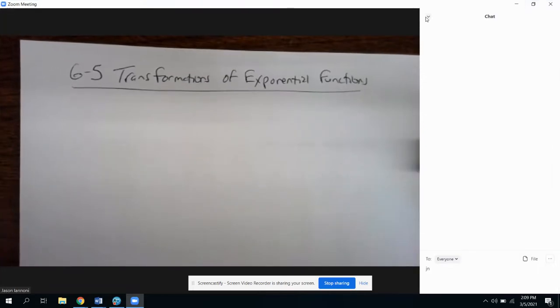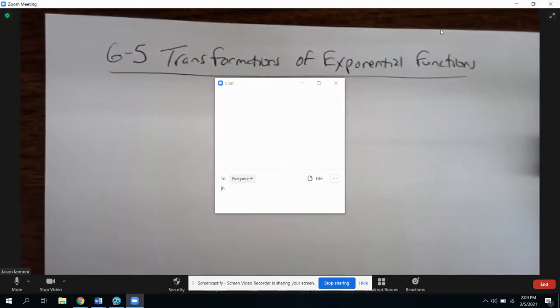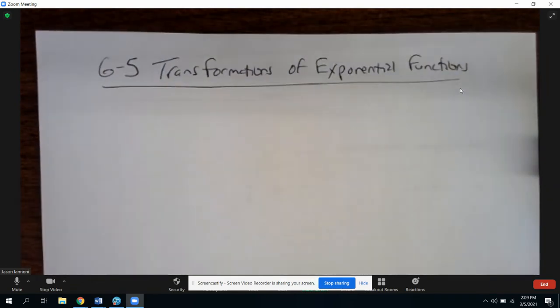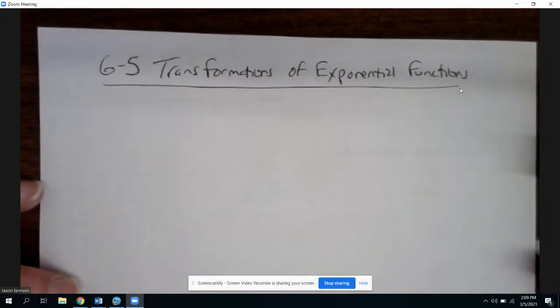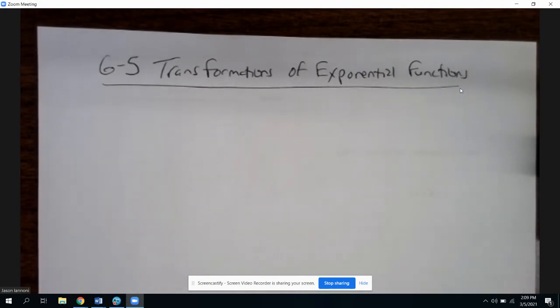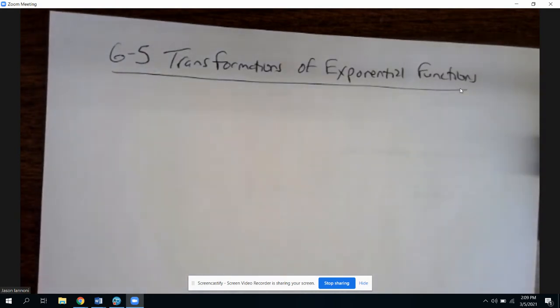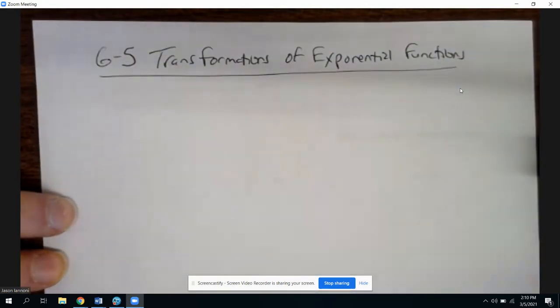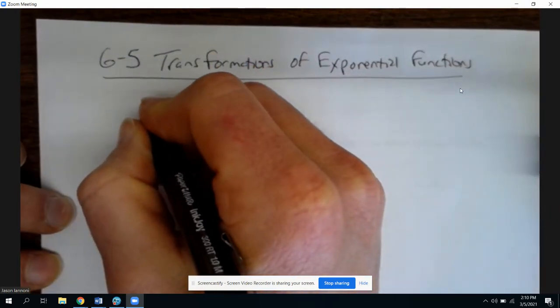Hey guys, we are going to be moving on to 6.5, transformations of exponential functions. I'm going to be popping back and forth between this camera view and the calculator to better explain this. Transformations, as we've talked about before, is essentially and very basically to